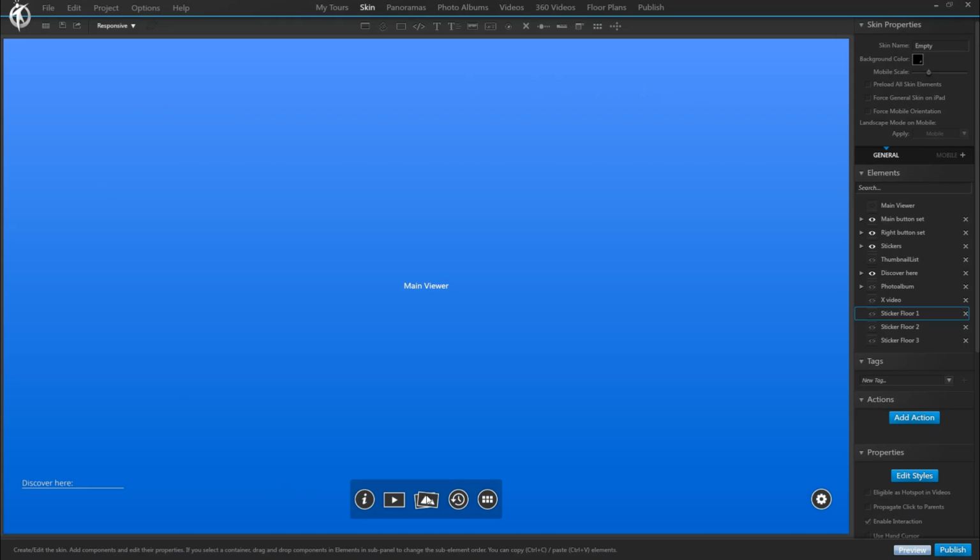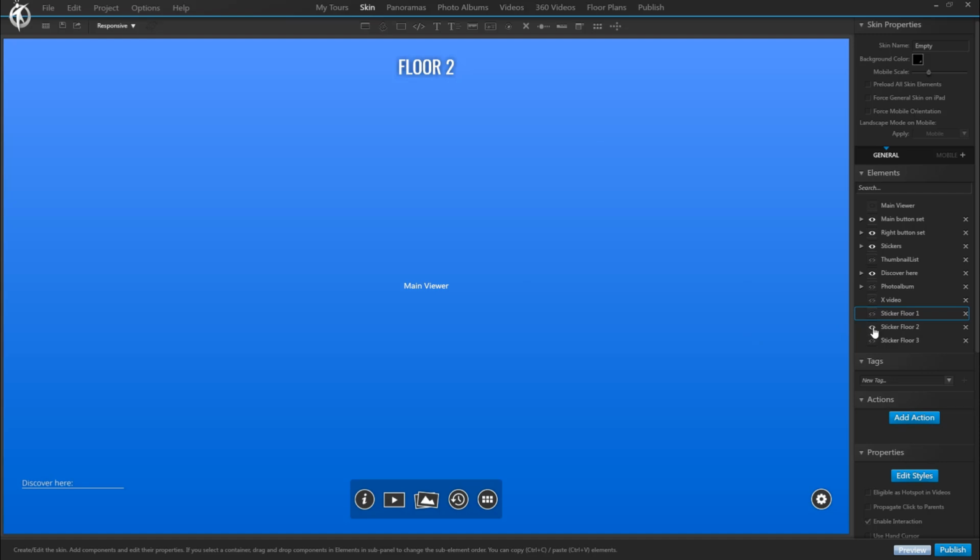Sounds more complicated than it is, so let's just see an example. Imagine you're navigating through a virtual tour and you would like to see a sticker with the location or floor depending on where you currently are. So in technical terms, you would like to see one skin element or another. So while we are navigating through floor 1, we would always want to see this floor 1 text, but as we change to a panorama from floor 2, that should change to show floor 2.